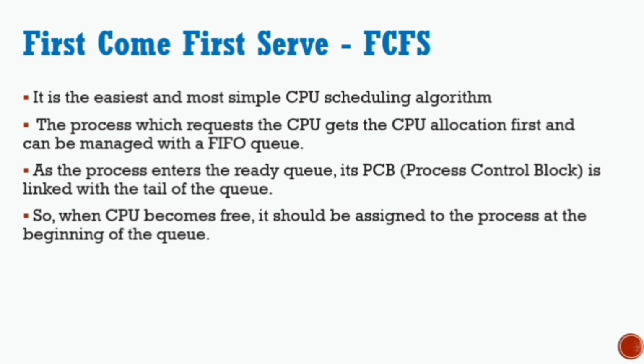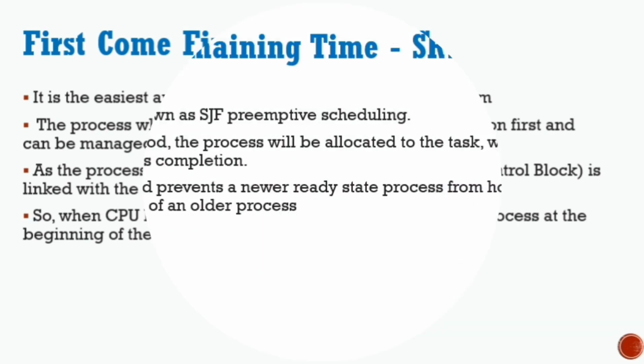That is, the first one which is present in the queue will be allotted the CPU, followed by the second, then the third, and so on. And this is quite easy to implement and to use, but this is not a very efficient algorithm because the performance is poor. It's not highly efficient, and this is mainly because the average waiting time is very high, and we have already seen that the waiting time must be minimized. So for that reason, FCFS is not a very preferable scheduling algorithm, even though it is quite simple and easy.